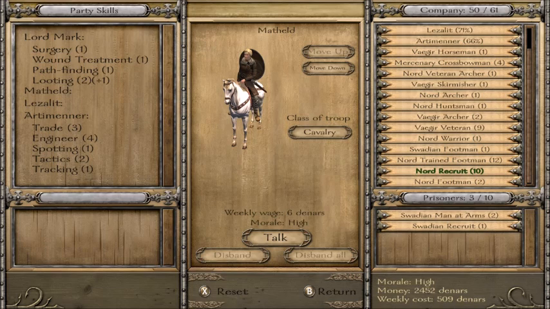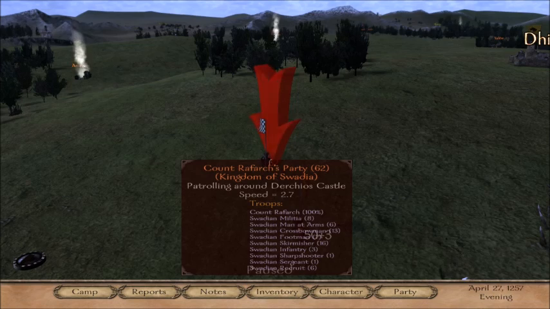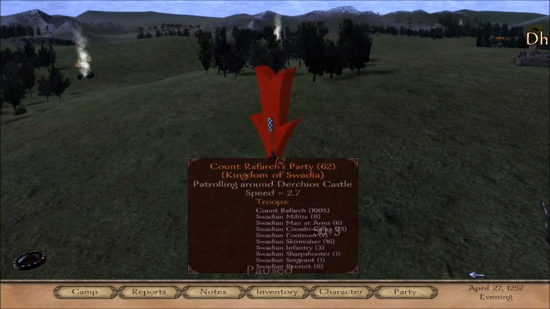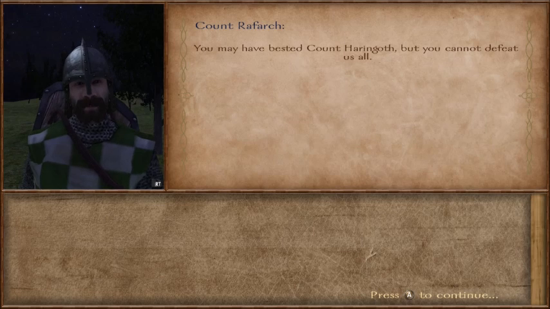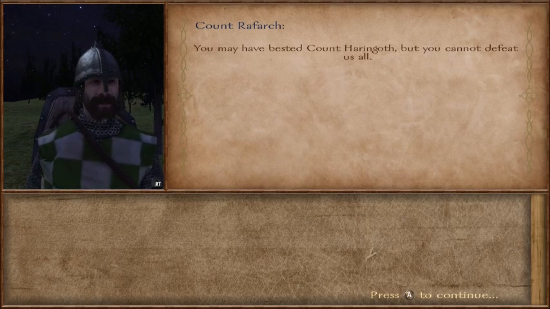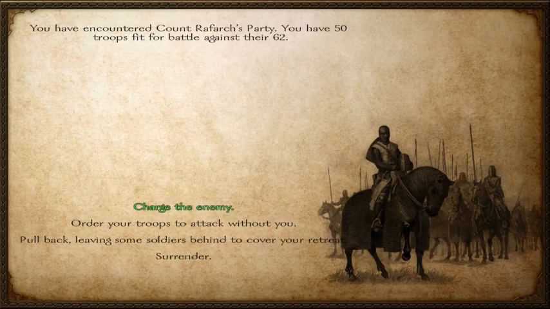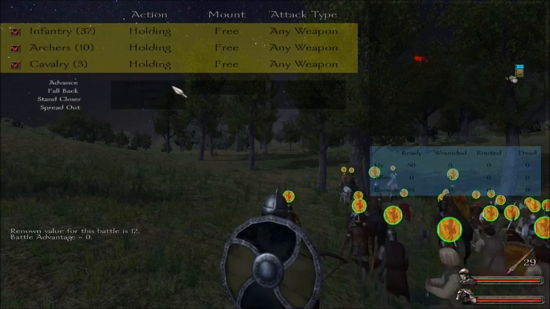And I say we take on Rayfarth here, and we'll end the episode after this battle, guys. This is how we'll end this episode. So, best of luck to us. Count Rayfield, we had bested Harengoth, and we shall best you, sir. 50 against 62. I didn't even check to see who he had in his company for soldiers, but...